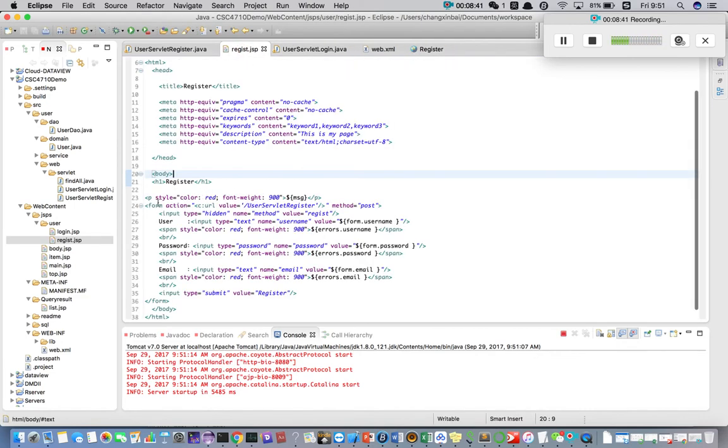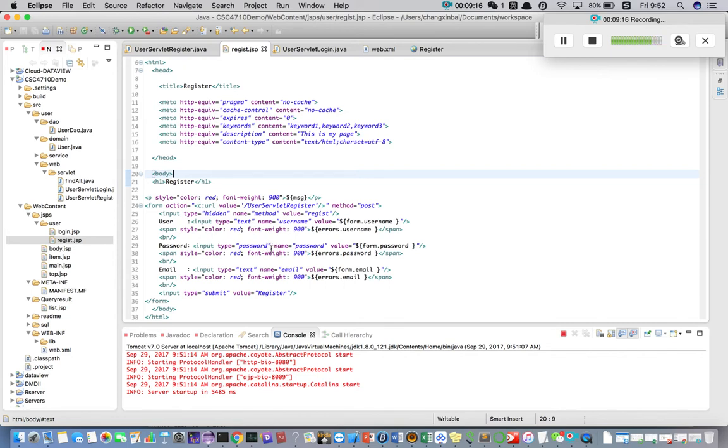We can see here we have the form tag, and it has 5 inputs. The first one is the method, and the value is register, and the second one is the user, and the type is text, and the name is username, and the third one is the